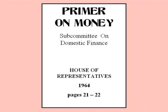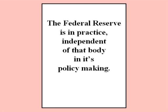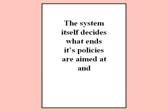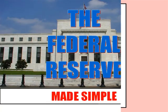In a primer on money, the Subcommittee on Domestic Finance of the Committee of Banking and Currency, House of Representatives, of 1964 wrote this: although the Federal Reserve is a creature of Congress, the Federal Reserve is in practice independent of that body in its policy making. The Federal Reserve neither requires nor seeks the approval of any branch of government for its policies. The system itself decides what ends its policies are aimed at and then takes whatever action it sees fit to reach those ends. So there you have it,